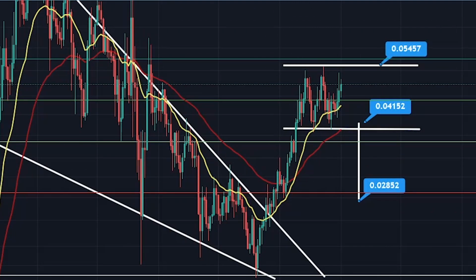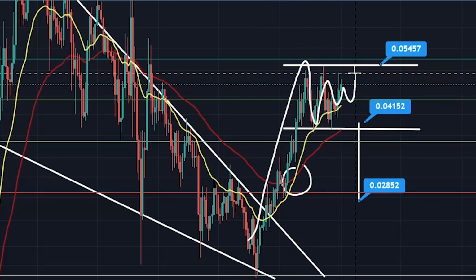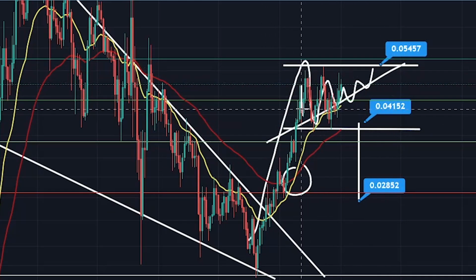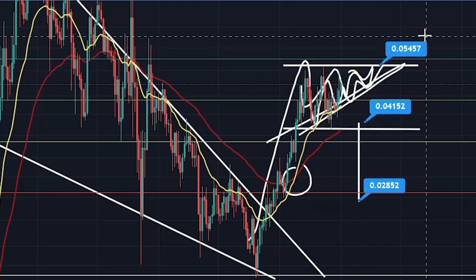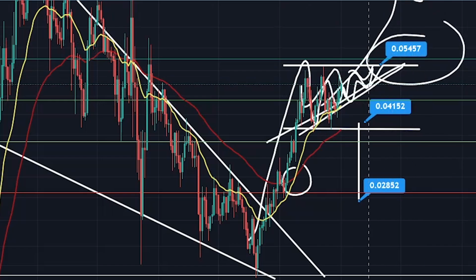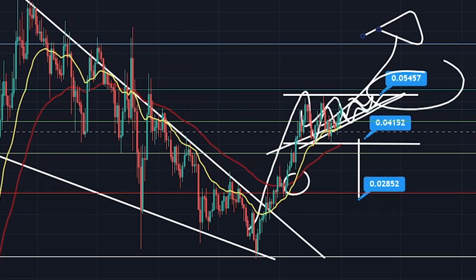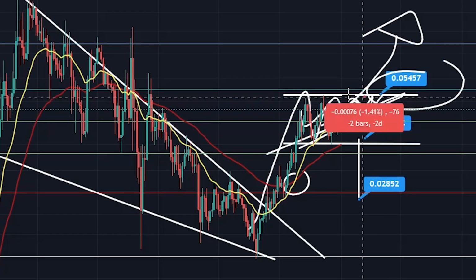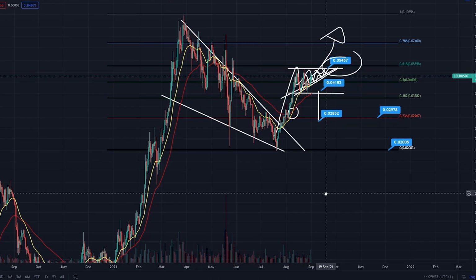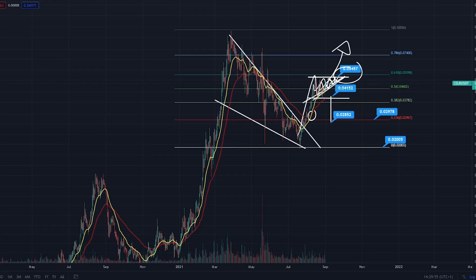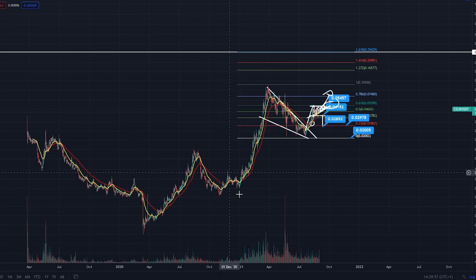You've come back up and you've fallen back into its support. You're coiling up for some kind of break here, whether it's horizontal or what. You're coiling up, you're coiling up, you're coiling up. And if you break that, you're looking at continuation. You're looking at a beautiful long up, at least to retrace to the high. I would imagine from that level of resistance you're looking at a beautiful long up of around about 96% on Celr. So that's Celr. Hope you enjoyed that update, and that sort of ties in with the Elliott wave theory